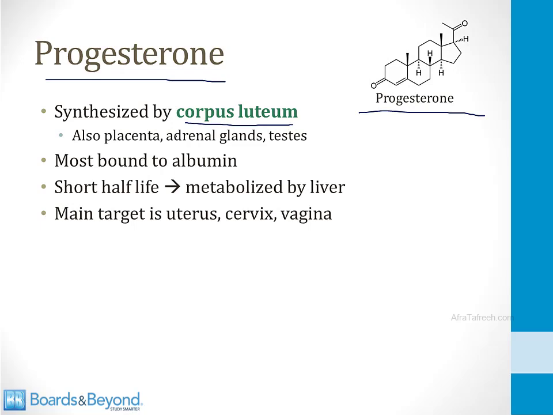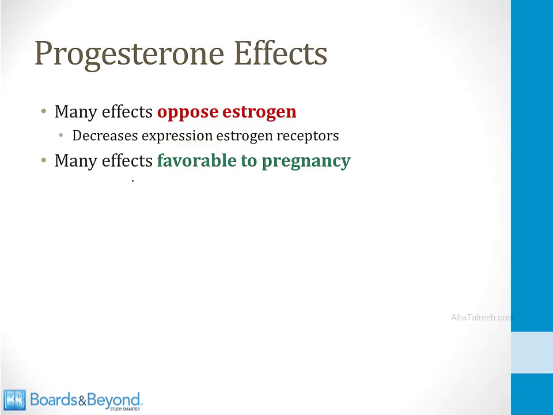You can also get progesterone from the placenta during pregnancies, and small amounts are secreted by the adrenal glands and the testes. Most progesterone in the body is bound to albumin. It has a short half-life and is metabolized by the liver, and its main targets are the uterus, cervix, and vagina. We'll talk about the specific effects of the progesterone hormone on cells and tissues in a minute, but one